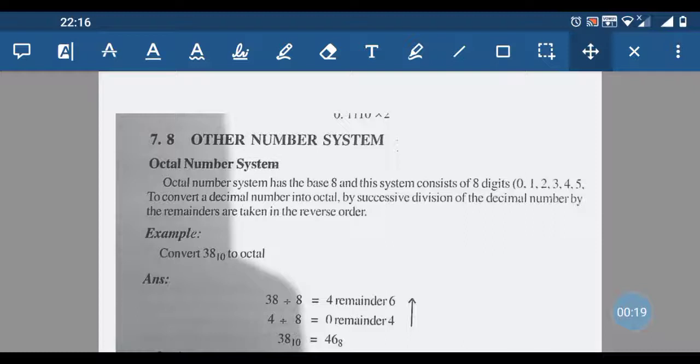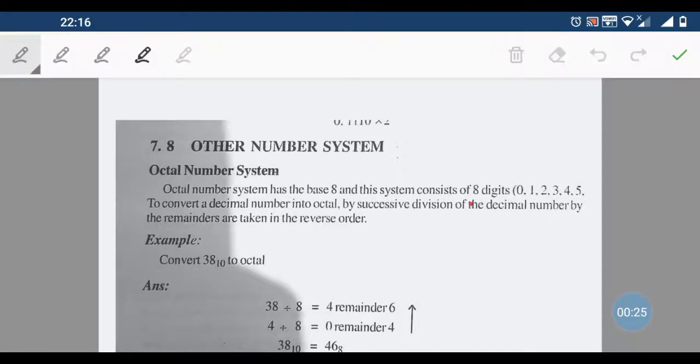The octal number system is a base 8 number system, and it consists of 8 digits to represent numbers, and they are 0, 1, 2, 3, 4, 5, 6, 7. The method for converting